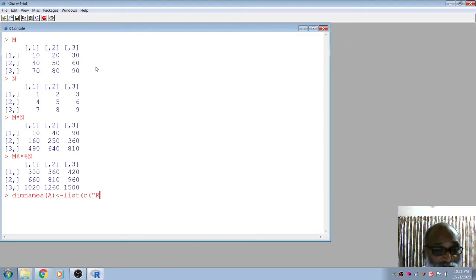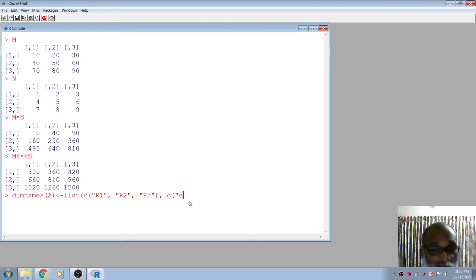So what is it? First one is R1, first row. Second one is R2, third one is R3. Even you can give any name, no problem. So this is row wise R1, R2, R3. Similarly, the next one is for giving the columns. So this is the row title, this is the column title you are giving.